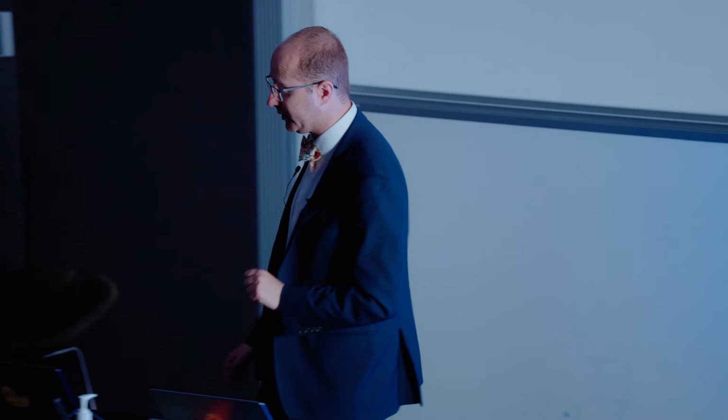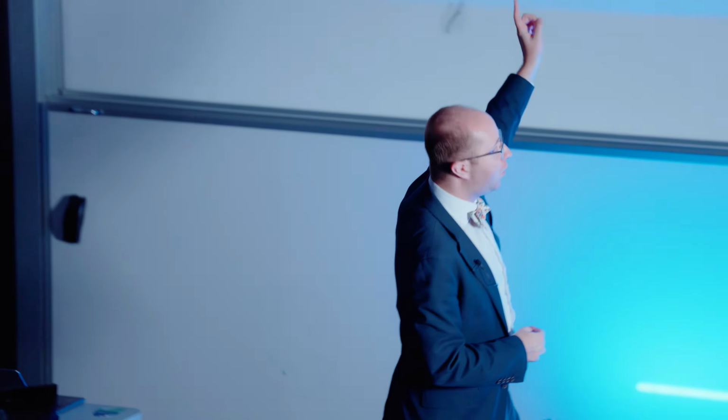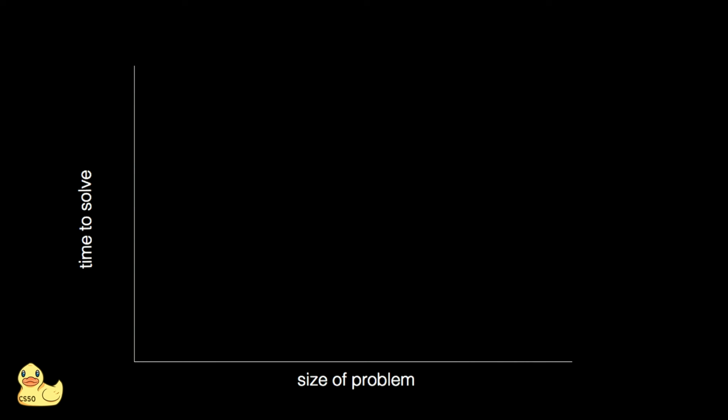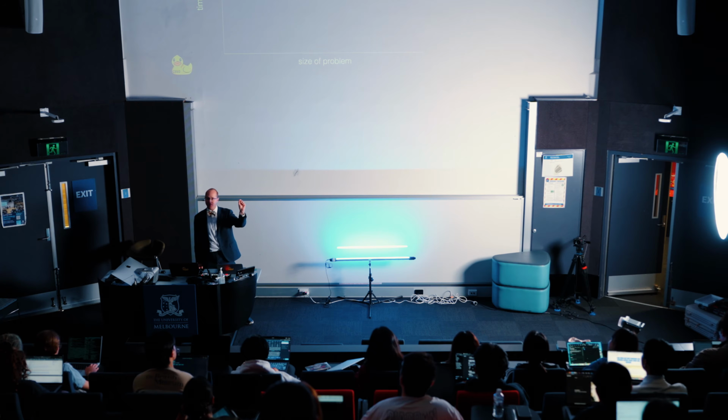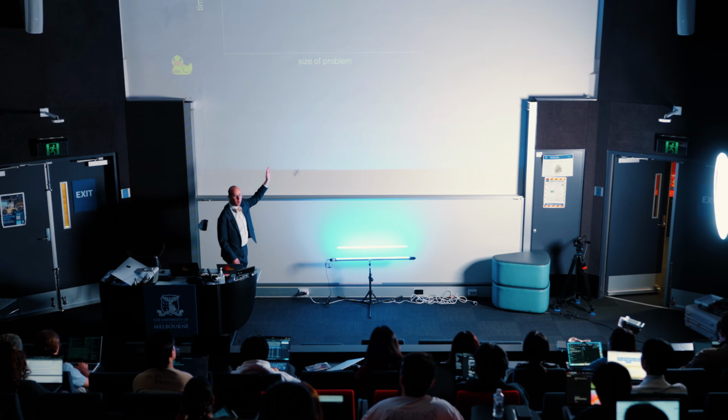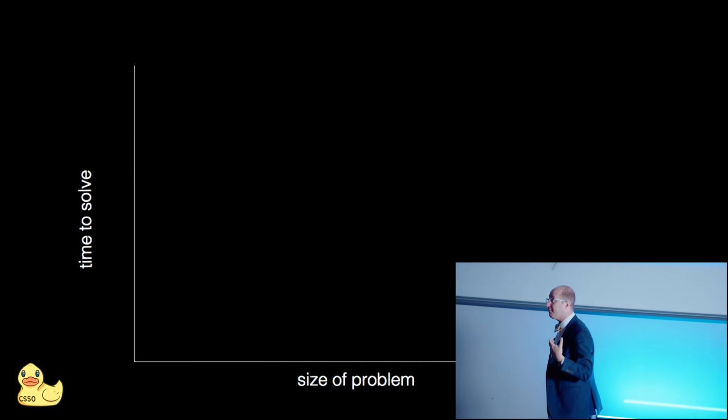We don't really care if it takes a bit of time to start running at the beginning. What we care about is, once we've got the thing set up, how long does it take proportional to the size of the growth in our input? So we can make this pretty easy to understand graph, where the x-axis is the size of the problem, and the y-axis is the amount of time it takes us to solve the problem. You could imagine that two different points on the size axis might be our little fat.rat string, which is close to 0, and War and Peace, which is a little further along as a bigger problem.